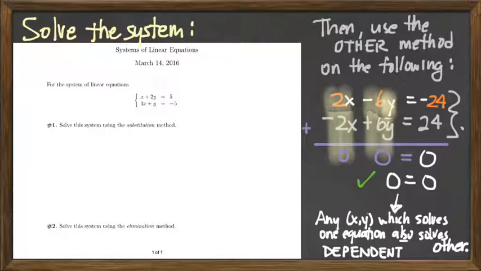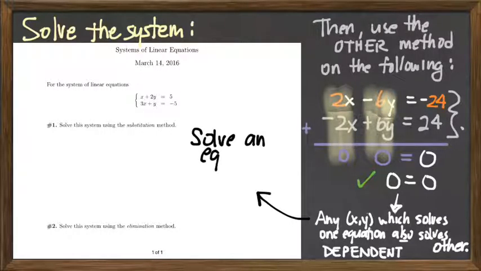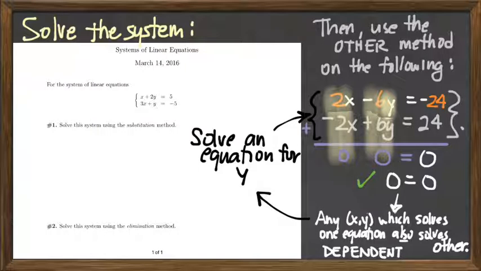And so what Alex has you do under the circumstances is just one more step. And that other step is just to solve one of these equations for y to describe the solution. And it doesn't matter which one you do because both equations are telling you the same thing. Solve one of these equations for y, and that's how you'll report your solution. So, for example,